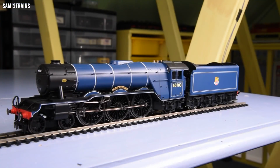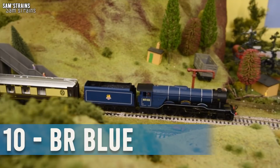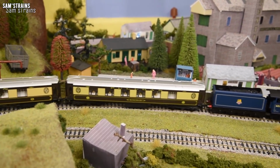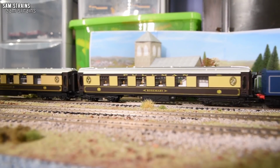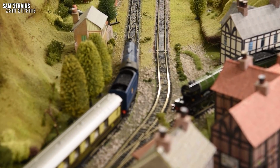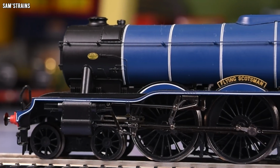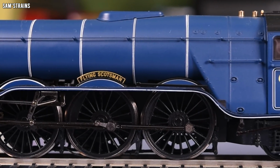Let's get started with number 10. And that is this, which is known as British Railways Blue. So this is a British Railways livery, which means it dates from 1948 onwards, and as far as I know this is not a livery that was used in day-to-day operations, at least not very often. Pretty sure it was known as an experimental livery, and in real life at least, it didn't turn out to be a great success because it was hard to maintain. Obviously it got dirty. I think the blue was quite prone to fading,